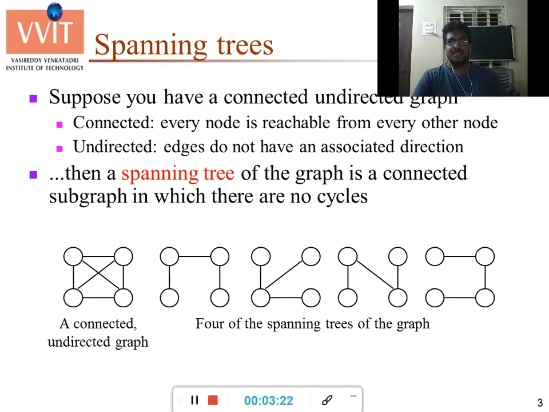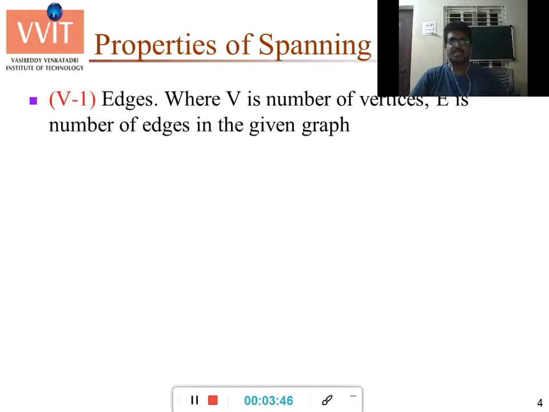V minus 1 edges should be there, so 1, 2, 3. In a spanning tree, if there are V vertices, then V minus 1 edges should be there. So in this spanning tree also 1, 2, 3, and here 1, 2, 3. That means the total number of vertices is 4, then there should be V minus 1 edges in a spanning tree. This is property number 1.